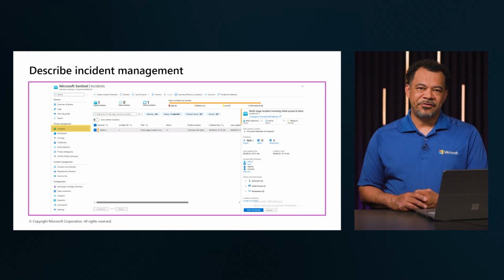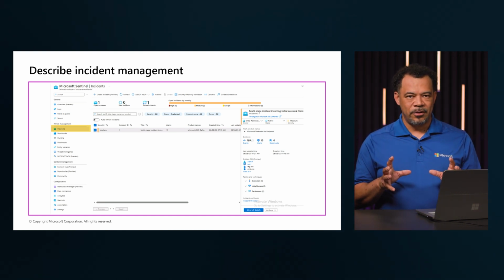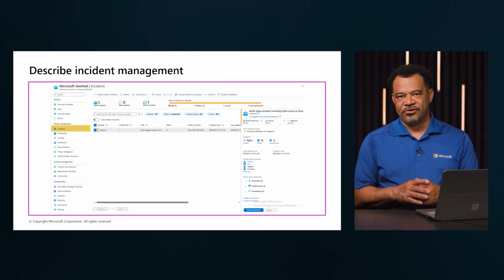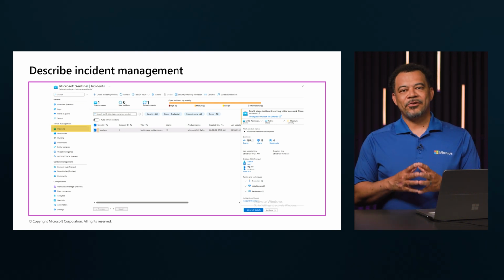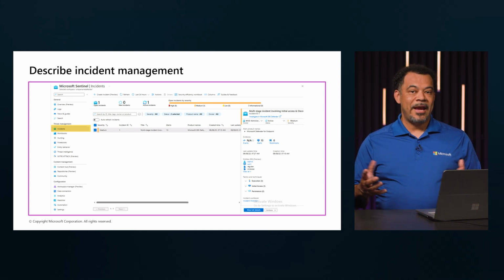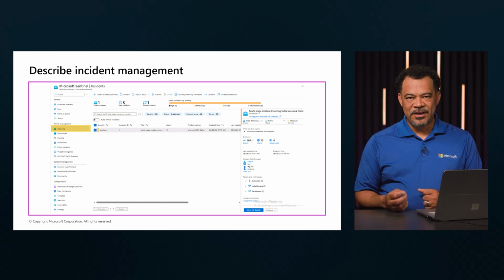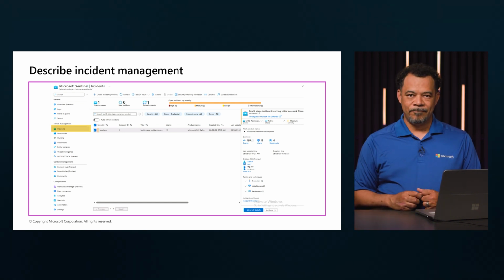Incident management in Microsoft Sentinel provides a centralized view for tracking and responding to security threats across your environment. Analysts can filter and prioritize incidents based on severity, type, and alert count, enabling efficient triage and response.